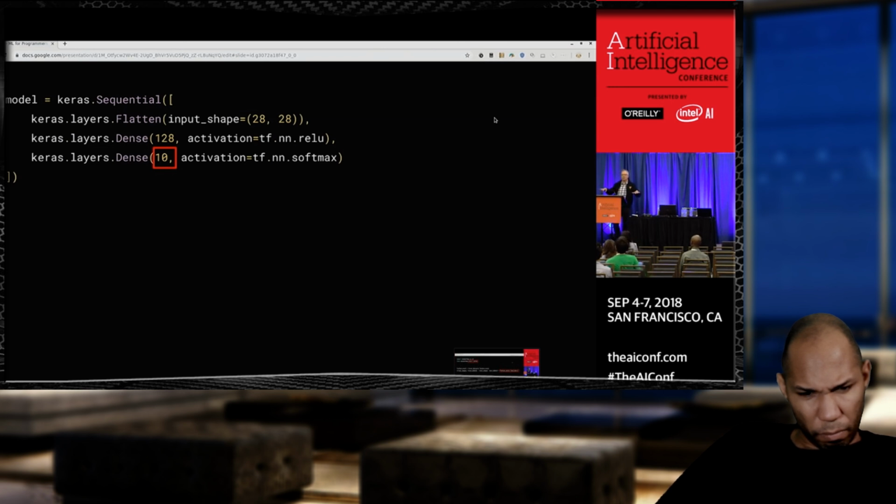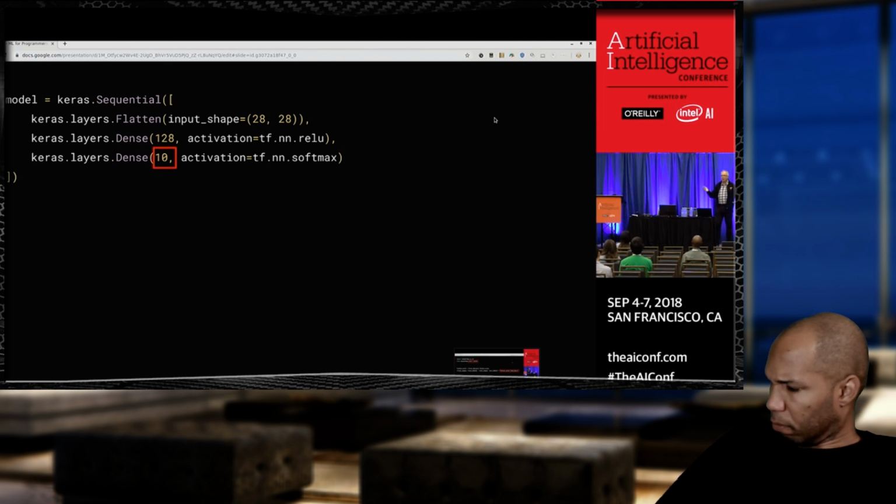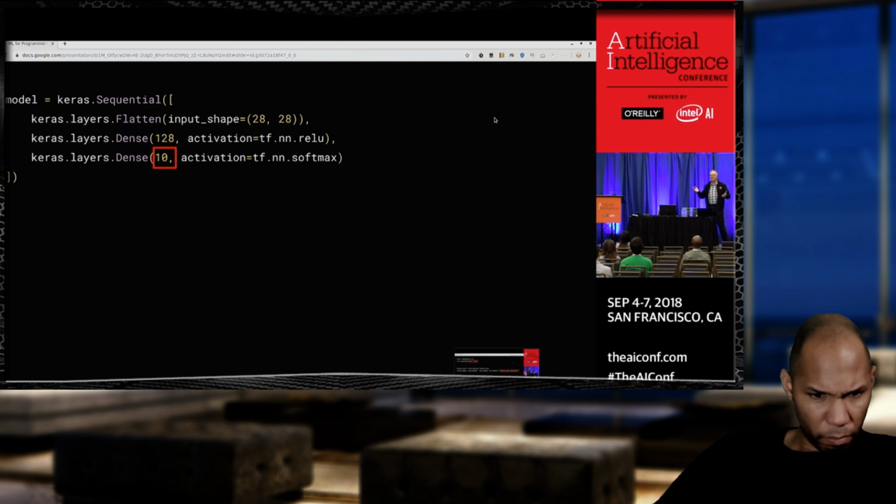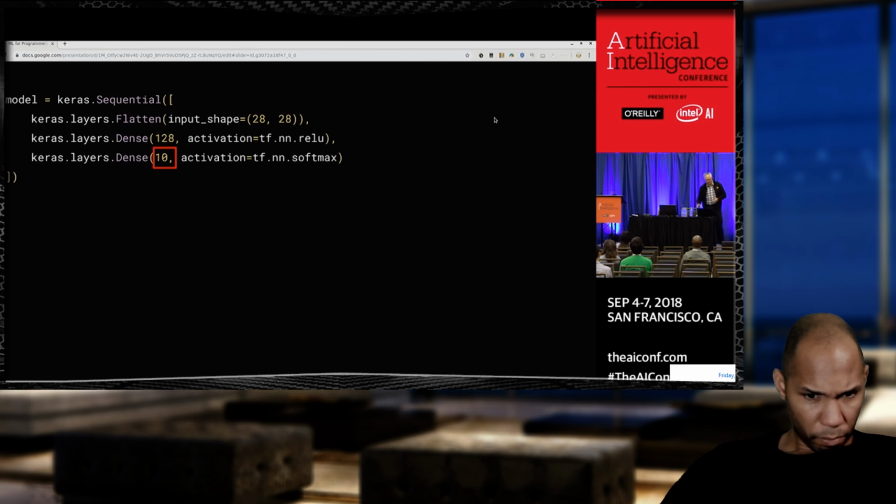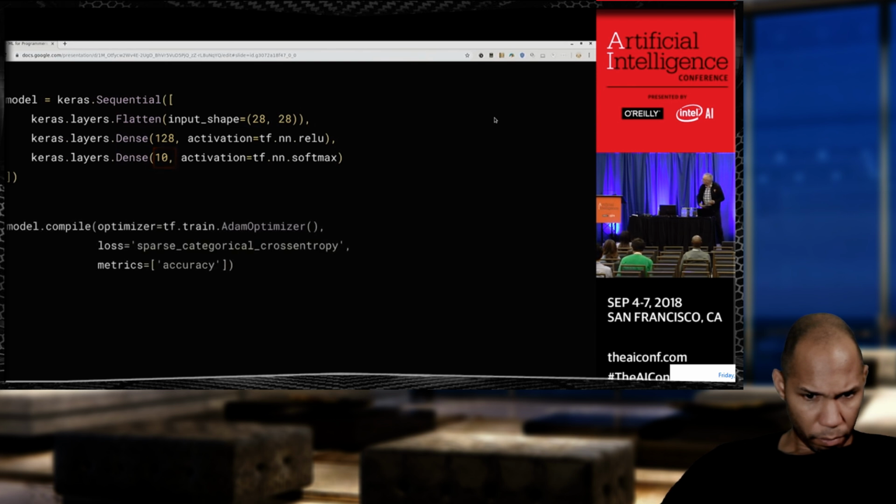Every time you specify a layer in a neural network, there's usually an activation function like that. ReLU is one of the most common ones that you'll see, particularly for classification problems like this. But again, ReLU is a very mathy thing. A lot of times you go to the documentation, wonder what ReLU is, look it up, and see a page full of Greek letters. I don't understand that stuff. So for me, ReLU is as simple as: if x is greater than 0, return x, else return 0.